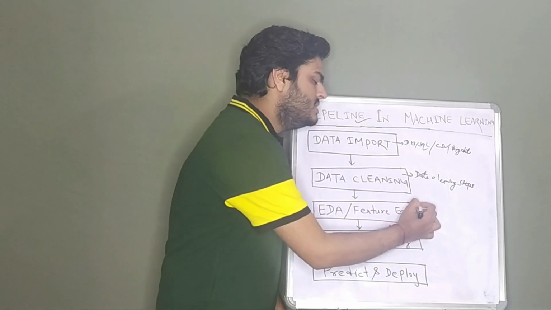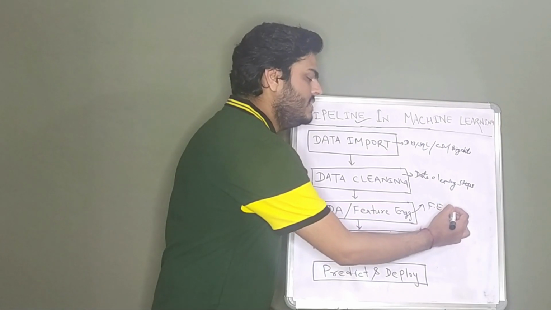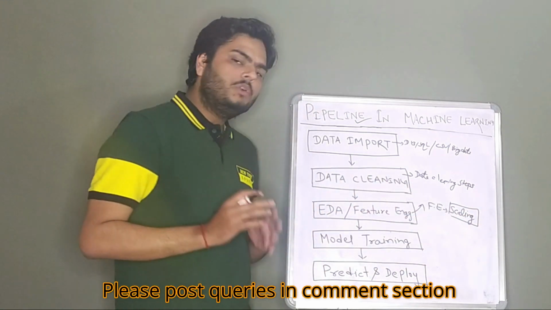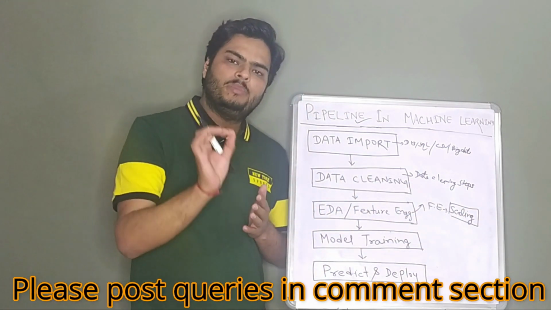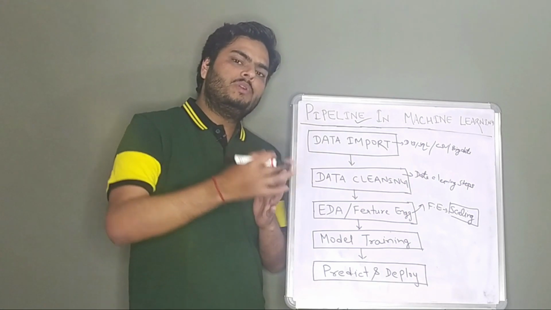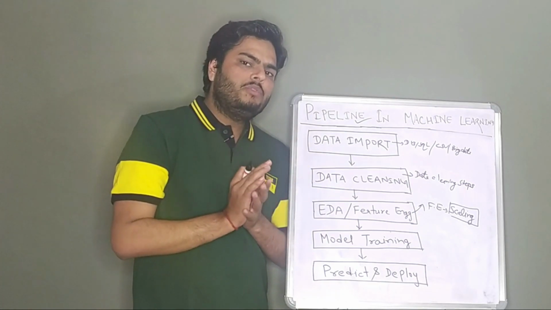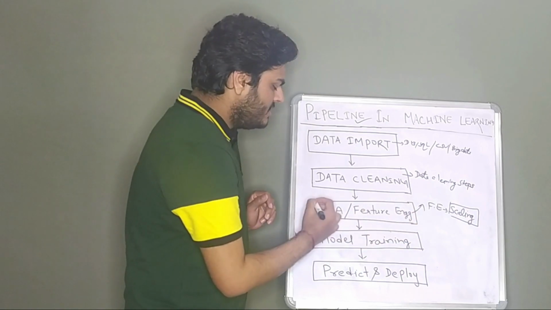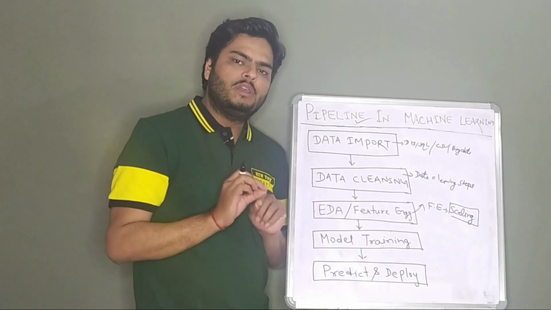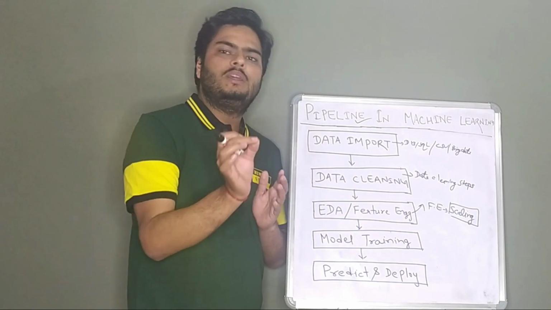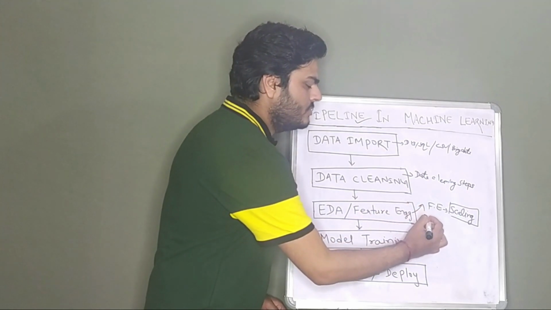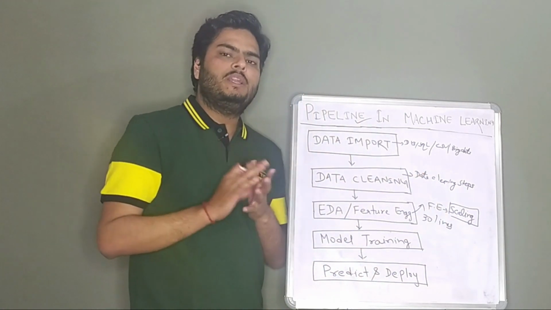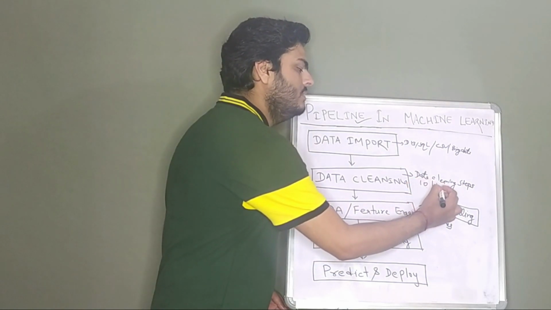Now if you have to do feature engineering, let me take the example of scaling. If you have to do scaling, you have to import from sklearn something known as StandardScaler or MinMaxScaler, right? Then you pass your data inside that function. Similarly, if you have to do outlier treatment, then you write some lines of code. So this step itself, feature engineering, is going to have, let us say, 10, 20, 30 lines of code. So let us say 30 lines. In data cleaning, maybe you are writing some 10 lines of code.